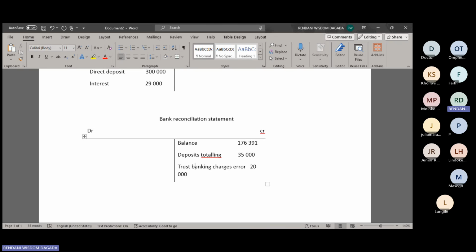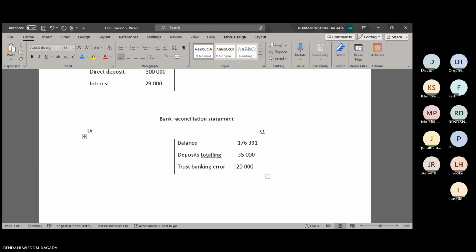That is a trust banking error because I told you the reason. So let's just say banking error because it will not fit. Thank you. Let's continue. Number 5 says there's an electronic transfer by a client of 1,000 which has not been